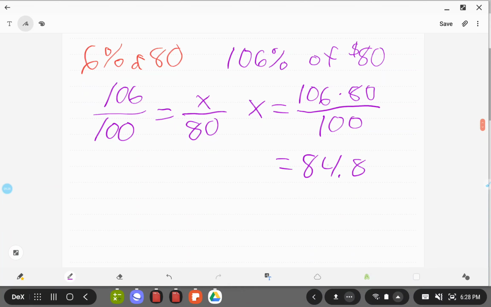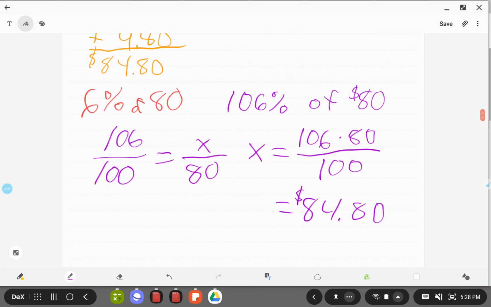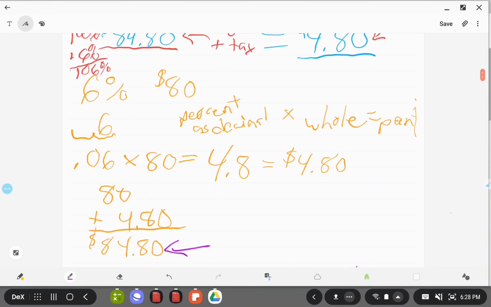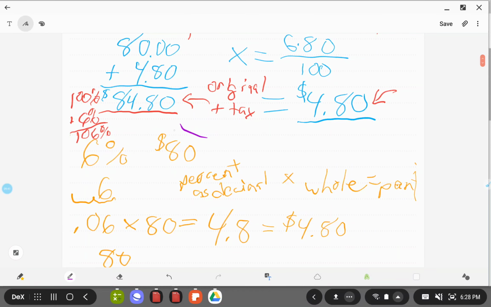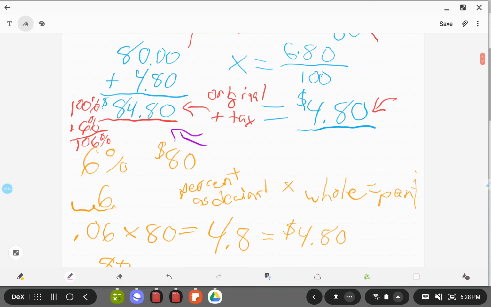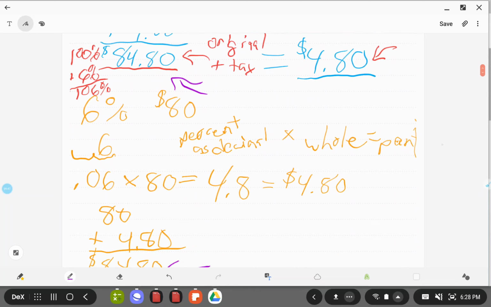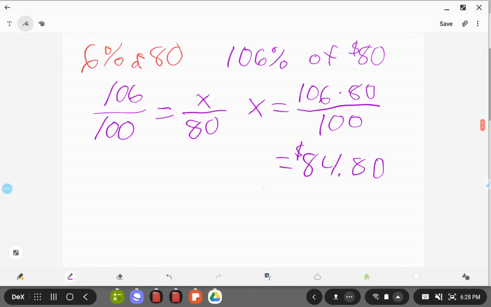84.8, which I know, because we're talking about money, actually means $84.80. Well, look at that, $84.80. What did I get up here? $84.80. What did I get over here? $84.80. So instead of figuring out what the tax was and then adding it to my original, I figured out the final total with all I had to do